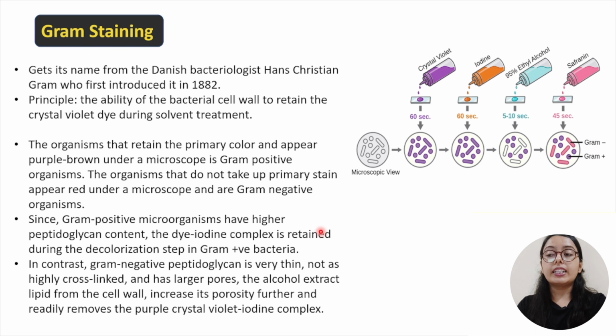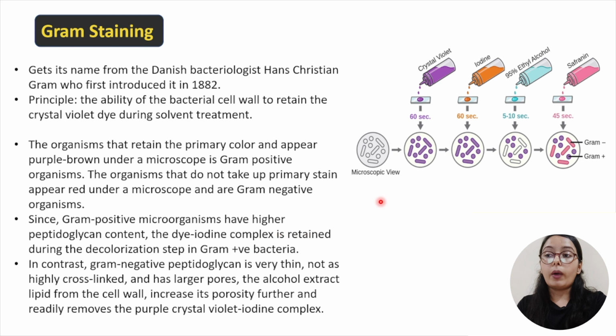As we discussed, gram positive microorganisms have a very high peptidoglycan content, while the gram negative cell wall has a very thin peptidoglycan layer. In gram positive bacteria, because the peptidoglycan content is very high, the initial crystal violet-iodine complex was retained even through the decolorization process, because the thick layer allowed the complex to be retained in the wall, and it was much less decolorized by the alcohol, and that's why the cell wall